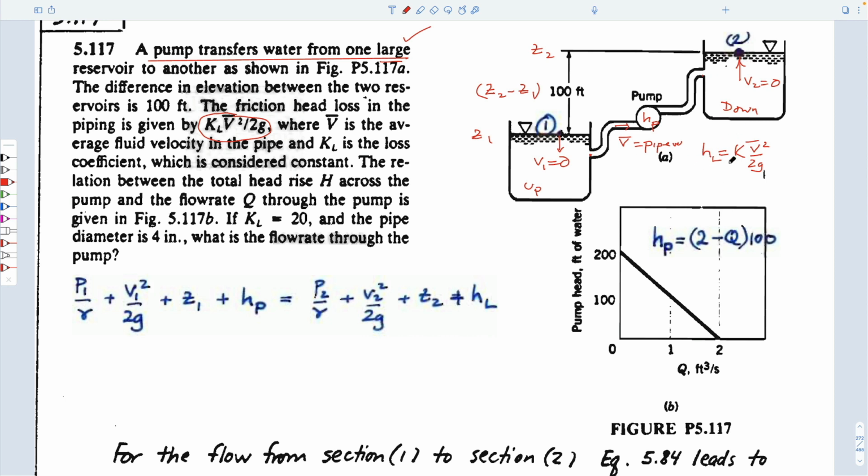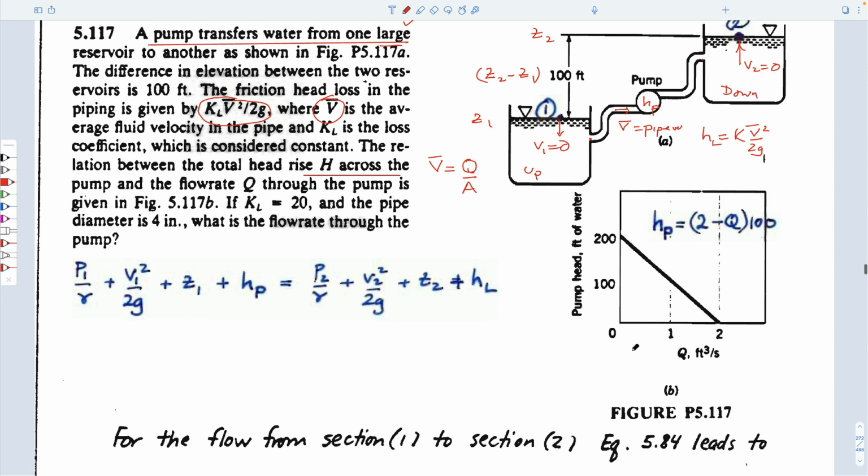So this is defined relative to a local velocity in the pipe where it's non-zero, the average fluid velocity in the pipe, which V bar would just be equal to the volumetric flow rate divided by the cross-sectional area. Considered constant. The relation between the total head rise across the pump and the flow rate through the pump is given by this figure here,